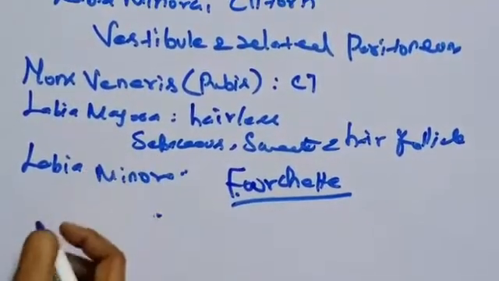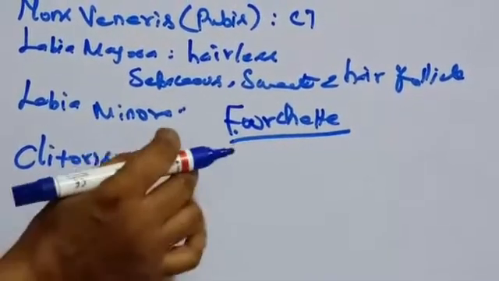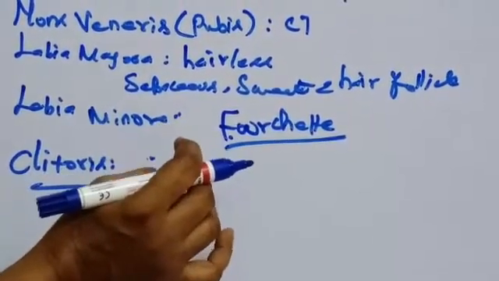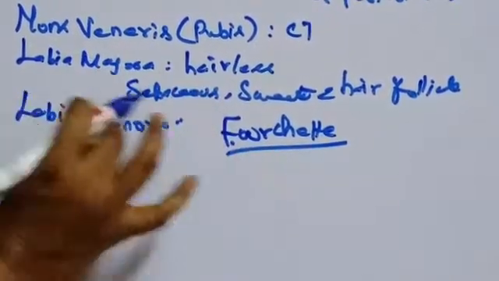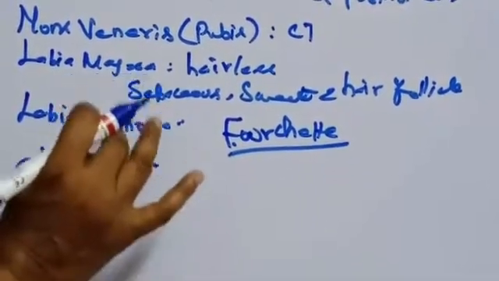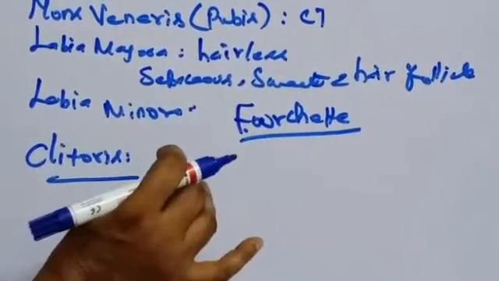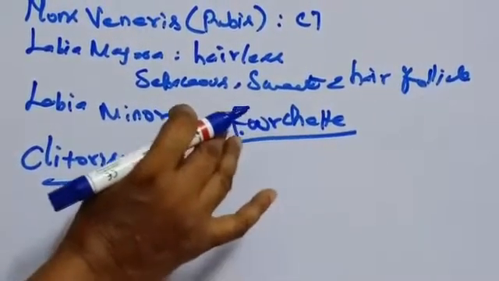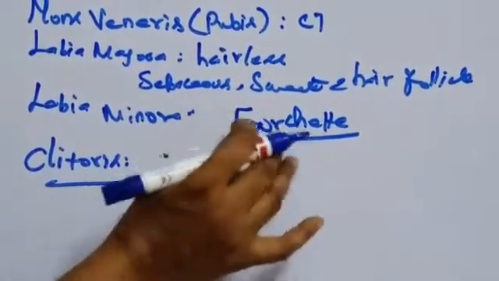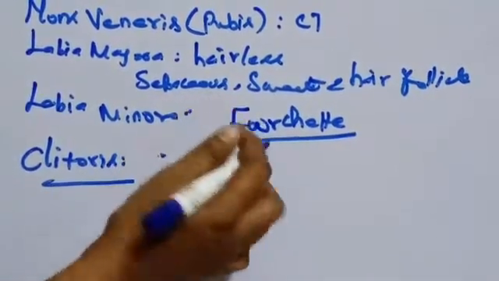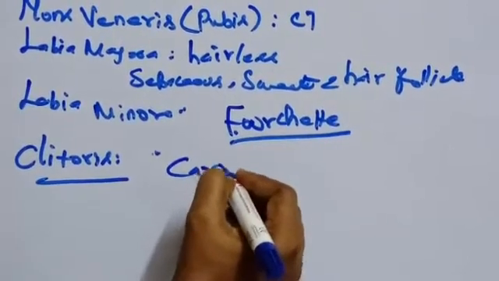The next one is clitoris. What is clitoris? It's a small cylindrical and erectile body made by fusion of labia minora. See, this clitoris is formed by the fusion of two labia minora. And where is it situated? The most anterior part of the vulva. And it is also made up of two erectile bodies, that we have already seen in male also. That is corpora